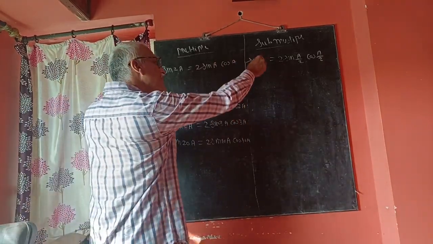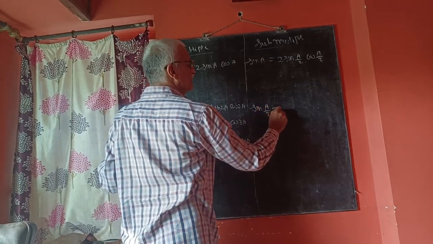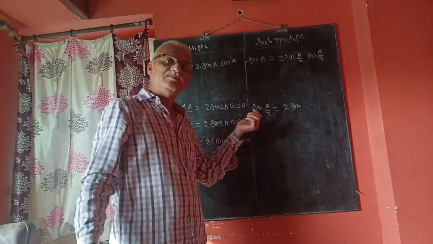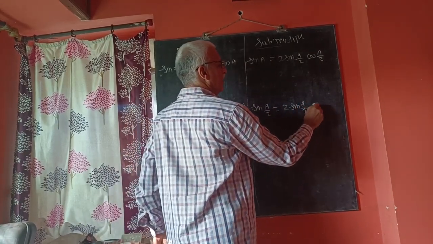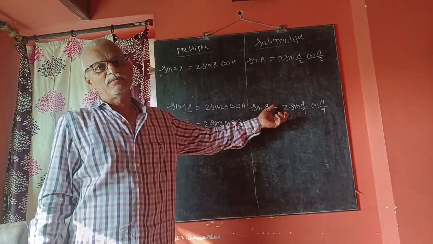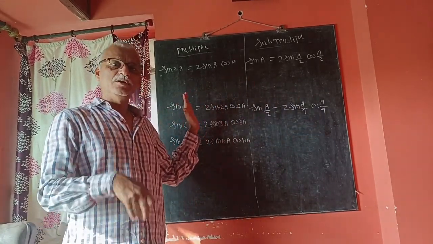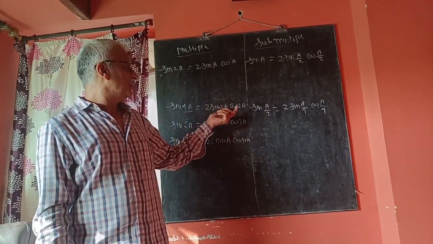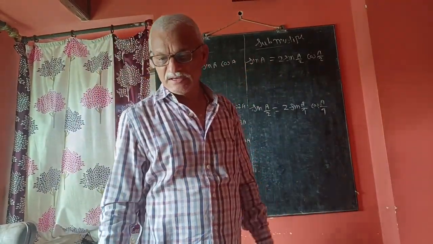Same here. Suppose sine A by 2 is there. Then according to this, this will be 2 sine A by 4 into cos A by 4. What is half of A by 2? The half of A by 2 is A by 4. So that will be 2 sine A by 4 into cos A by 4. So whatever the angle is given, you have to write half of that on the right side. On the left side is double of the angle which is on the right side. Double of A by 4 is A by 2, and double of 2A is 4A. So that is the multiple and submultiple angle formula for sine 2A.